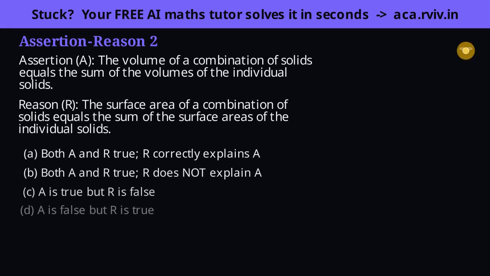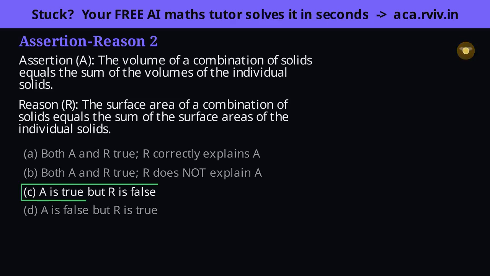Which option is correct? The assertion says volumes of a combination just add up. That's genuinely true. Space simply combines, with no hidden subtlety, so the assertion stands. But the reason claims surface areas also add. That's false, and it's the whole trap. Surfaces do not add, because the joint faces are hidden inside. So we have a true assertion but a false reason, which is option C. The lesson worth carrying into the exam: volumes add, surfaces don't. Never let those two rules blur together.